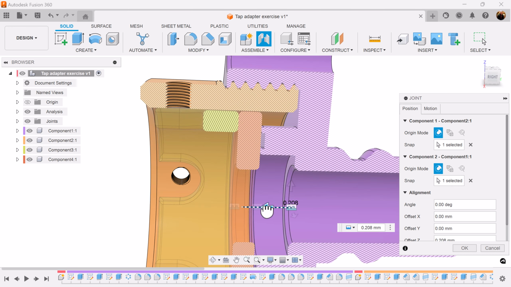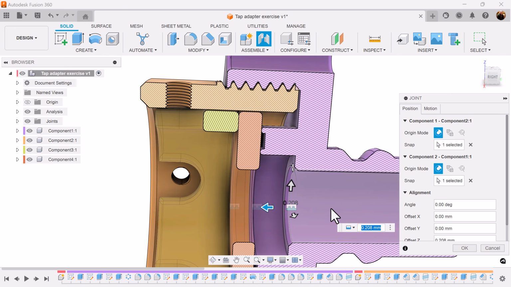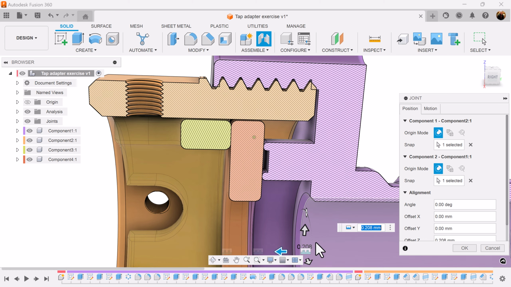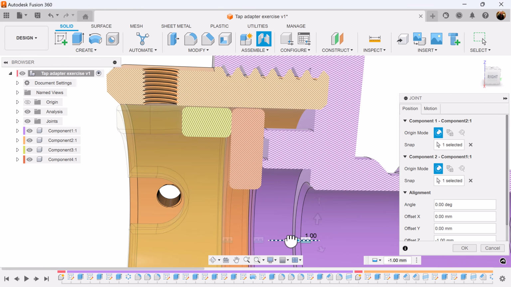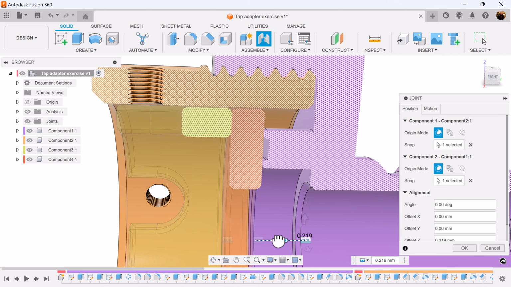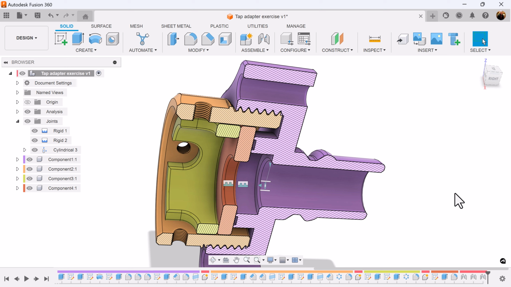And I know what you're thinking, it's going to intersect and it's not perfect. We can take steps to actually fix that. But for now, we're just going to move forward. I'm going to slide it up. Now that this is set,